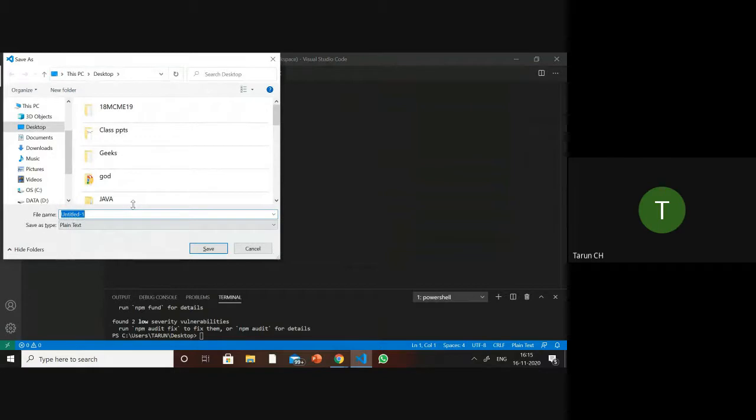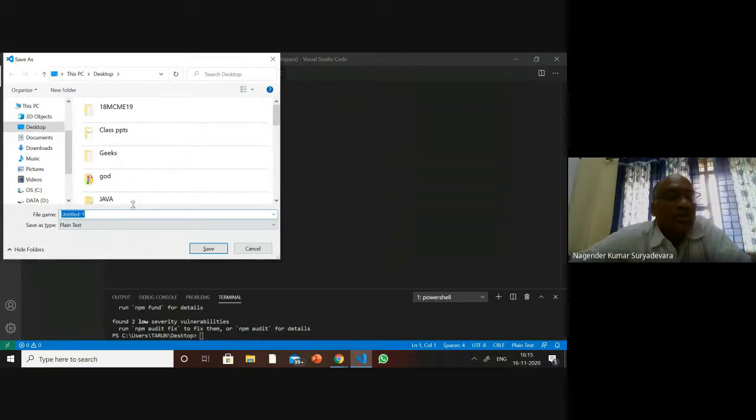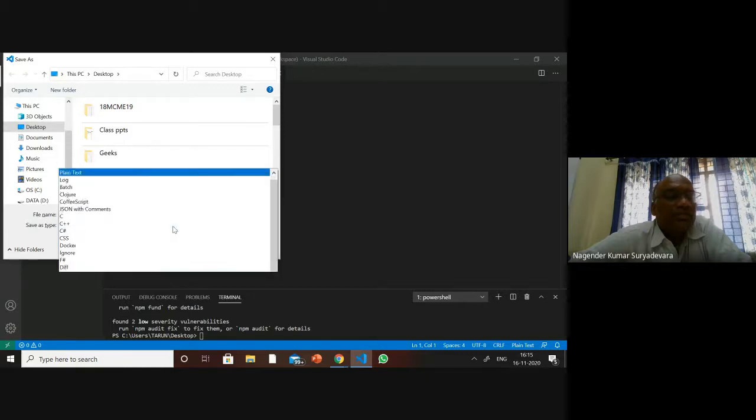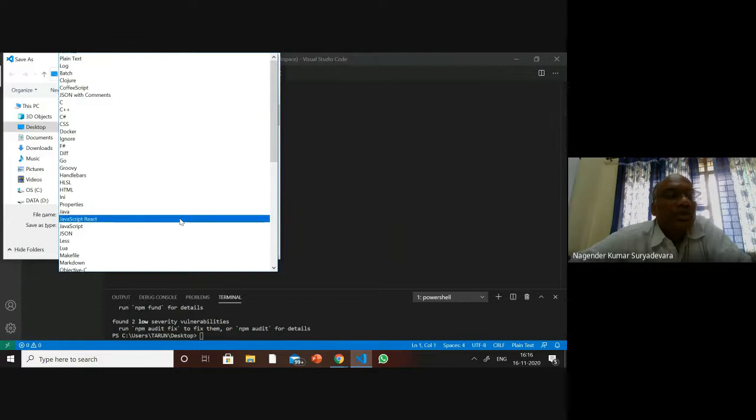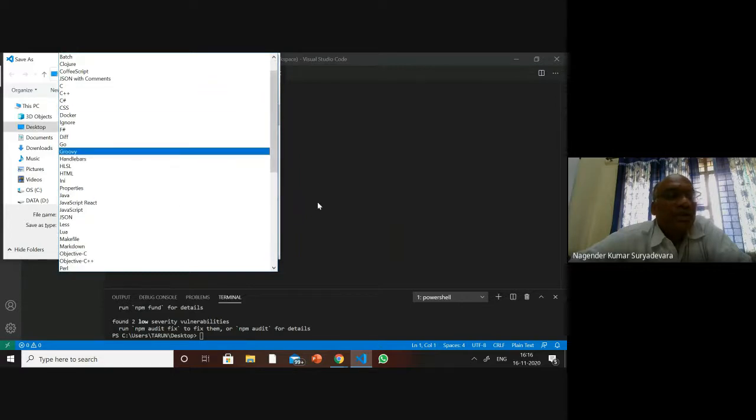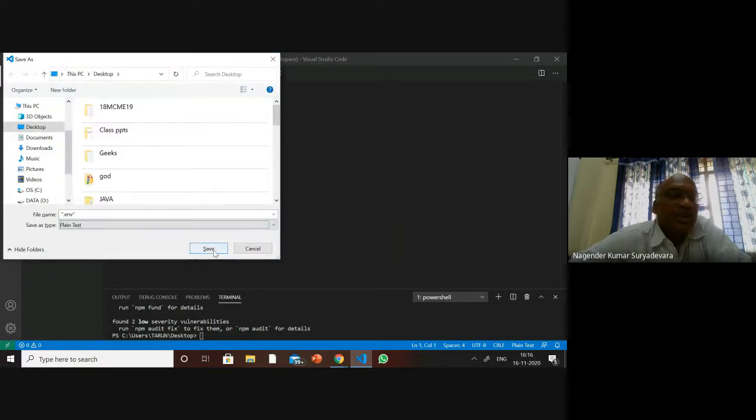Yes, .env, right. Now we save. No need to select any file type, because you have given it there. Save it.